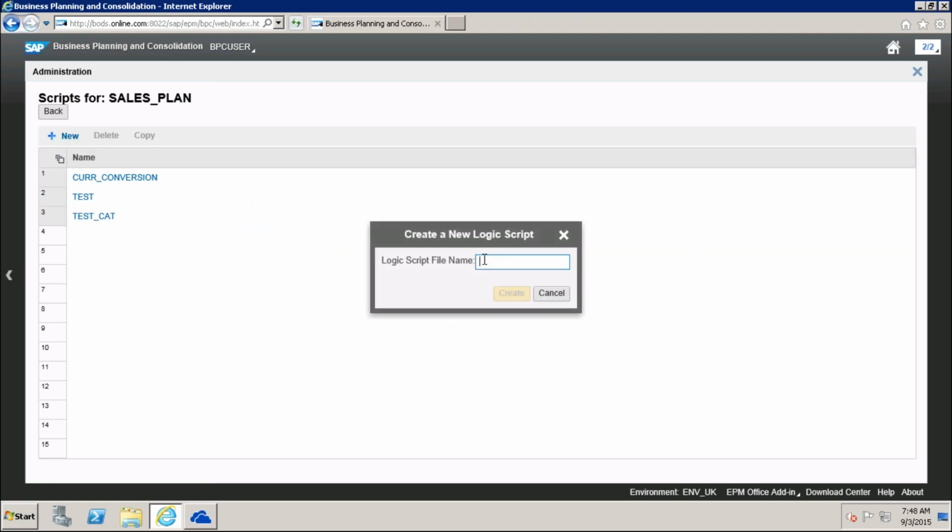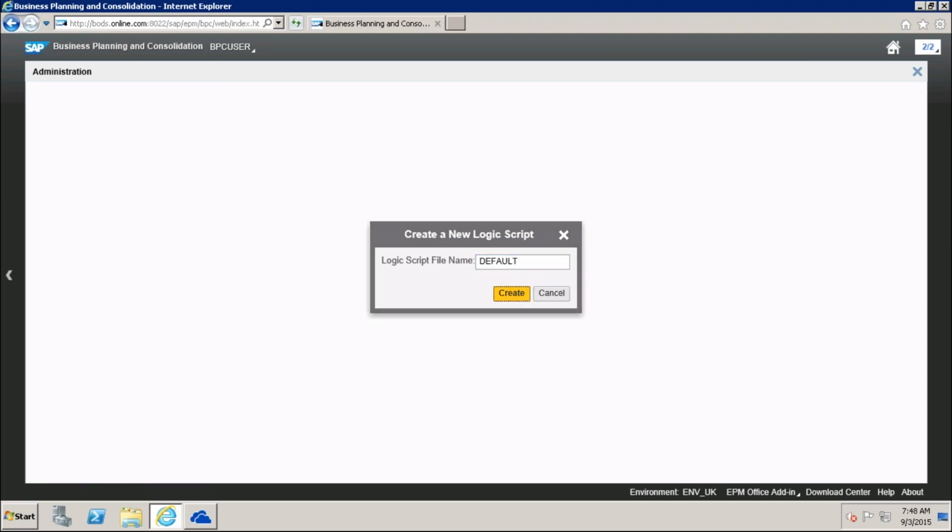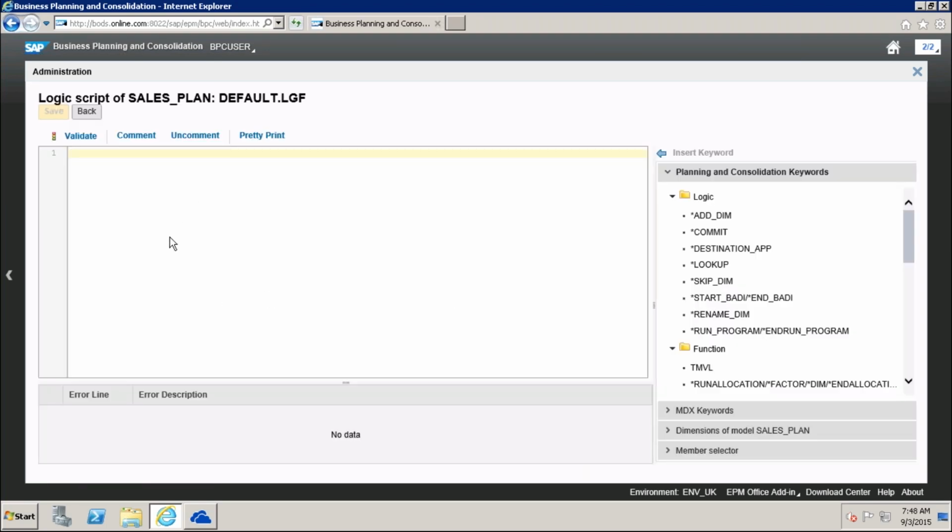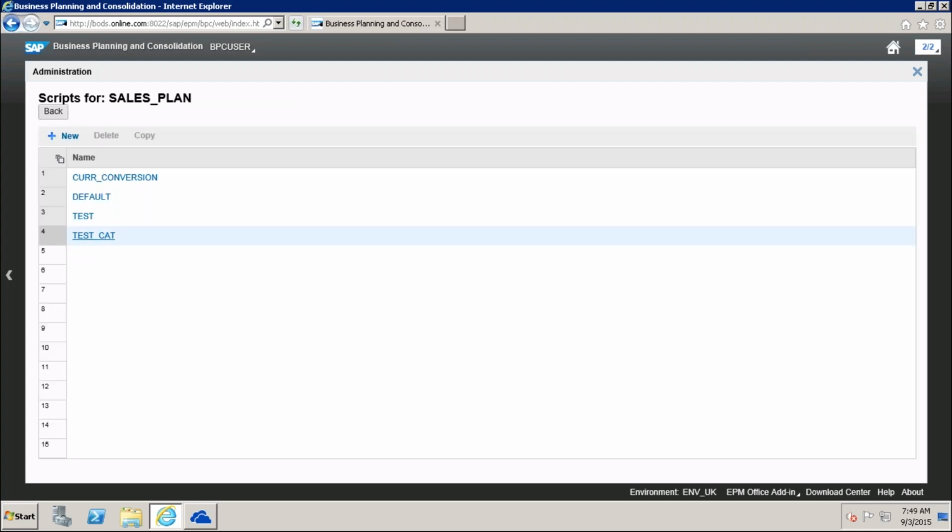I created the default, and in the default you include this star include. What is our script? Test underscore cat. This is our one.